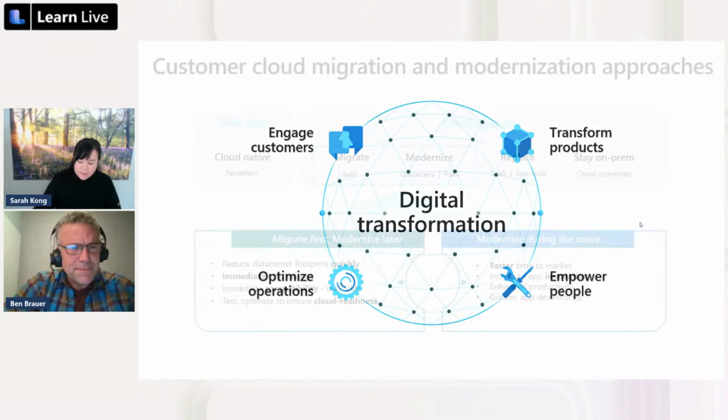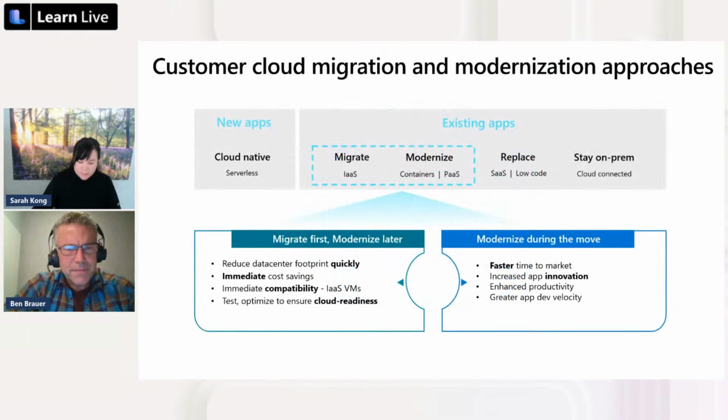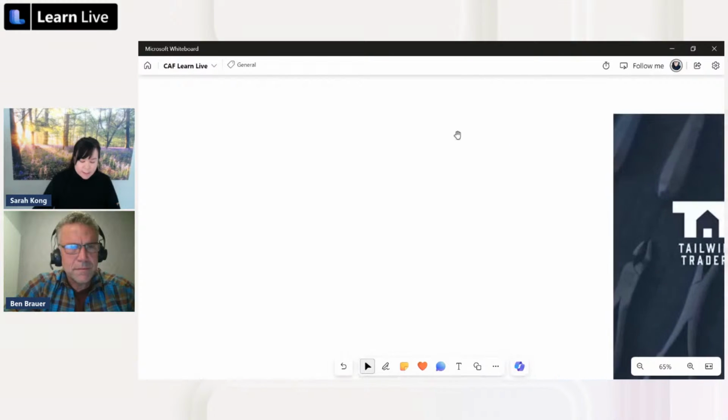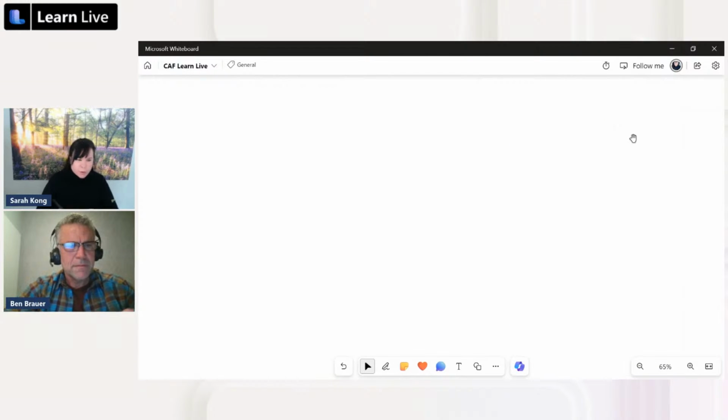The other thing is that with customer cloud migration and modernization, before we get into that, I think there should be a discussion on all of this. We look at it and try to figure out, well, what is